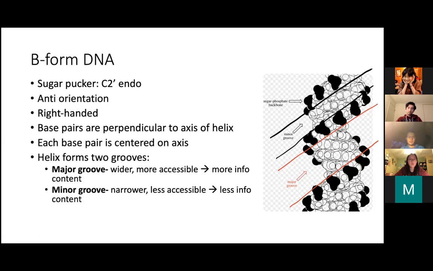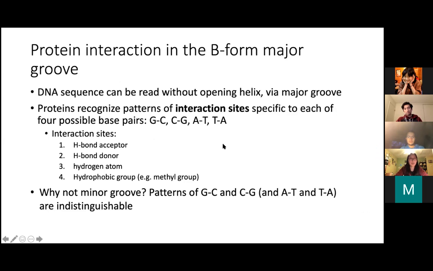There's the major groove, which is wider and more accessible and has more information content, and there's the minor groove, which is narrower and less accessible, and also has less information content. What do I mean by information content? So going back to the idea of proteins interacting with DNA,